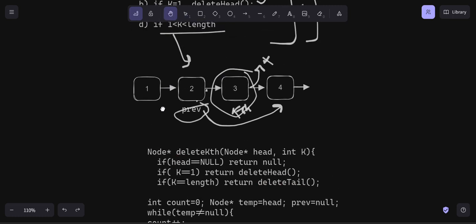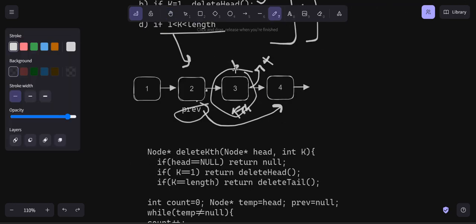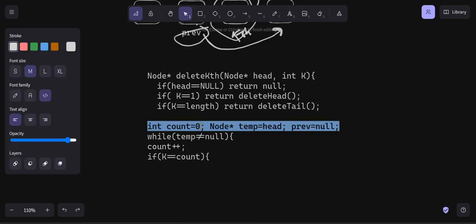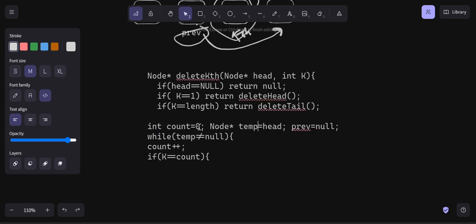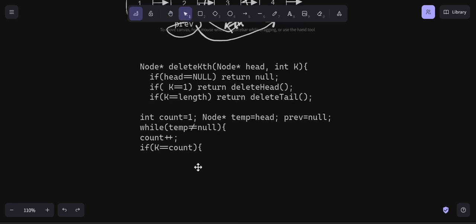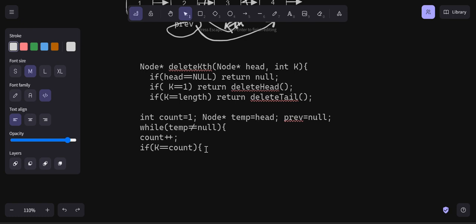So basically, what we did here is that to go to the kth element, say the third element, we made one counter, and as temp was going, count was incrementing, like 0, 1, 2, 3, third. If I'm starting with the third one, I should write count as 1. This is how you need to think. You need to basically fix some errors and debug, right? So if k is equal to count, as in if we have reached that particular node, what you do is: